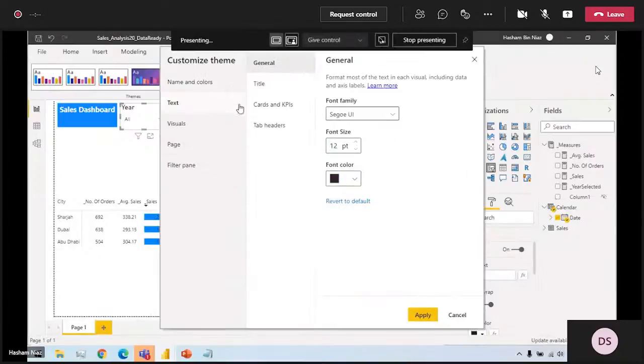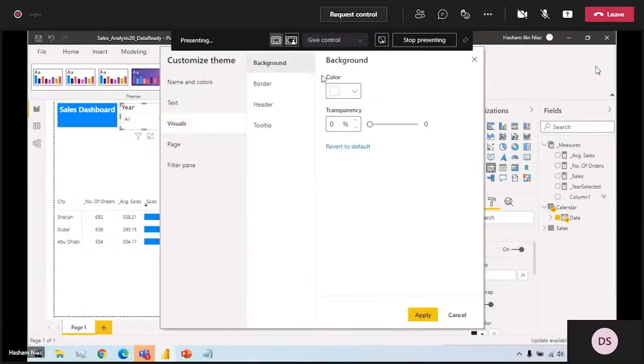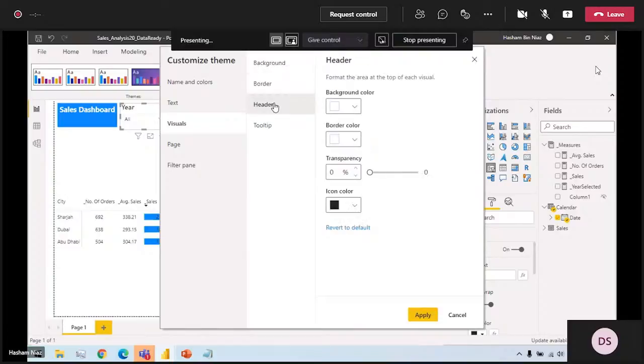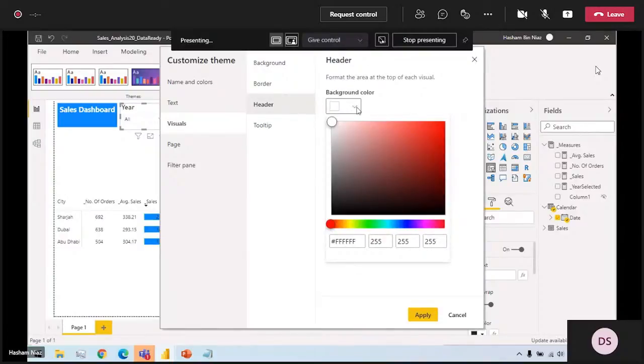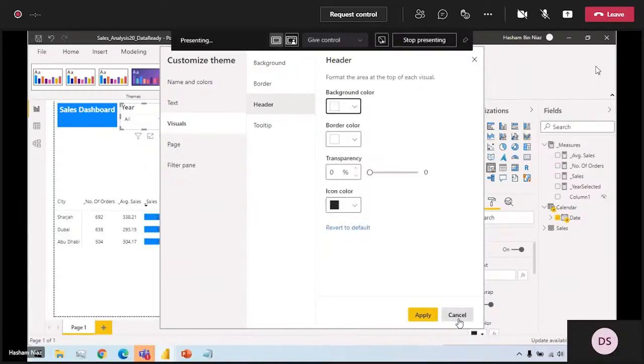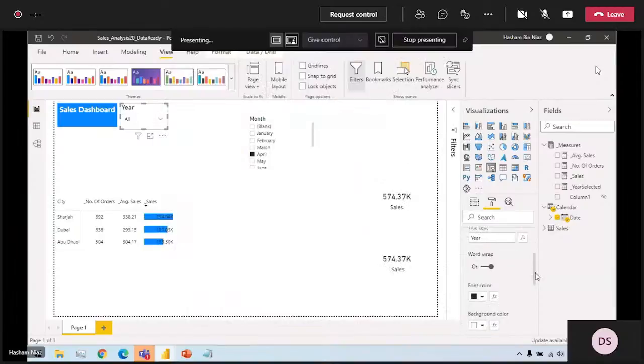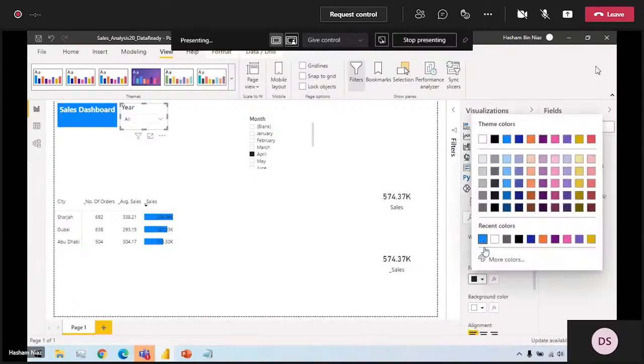I can usually set this background, yes, visual, and then the background I can actually select the background or the header background for the visual. If I want, I can set this header background to be simple, this color. If I copy this color for now,